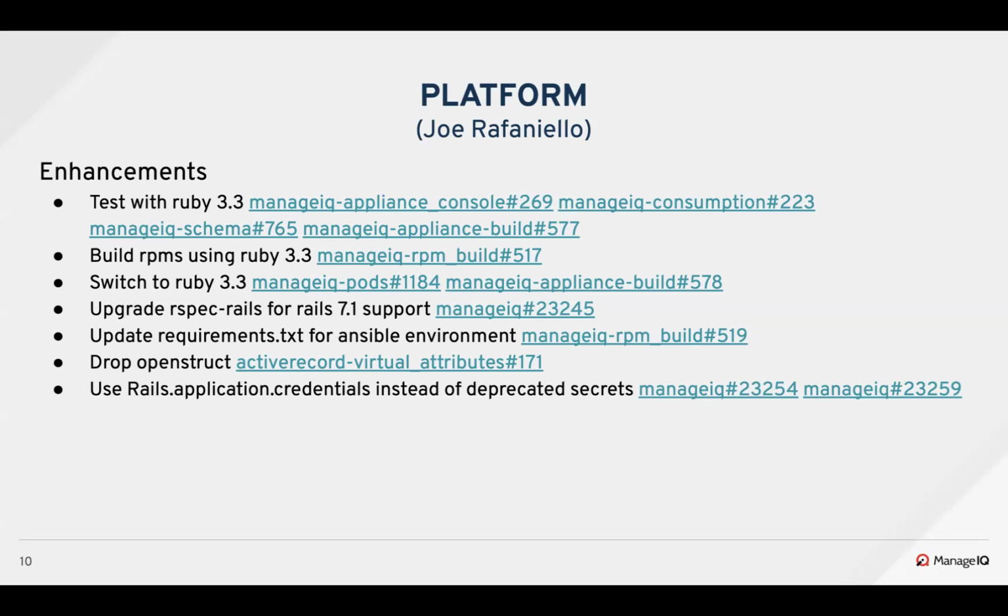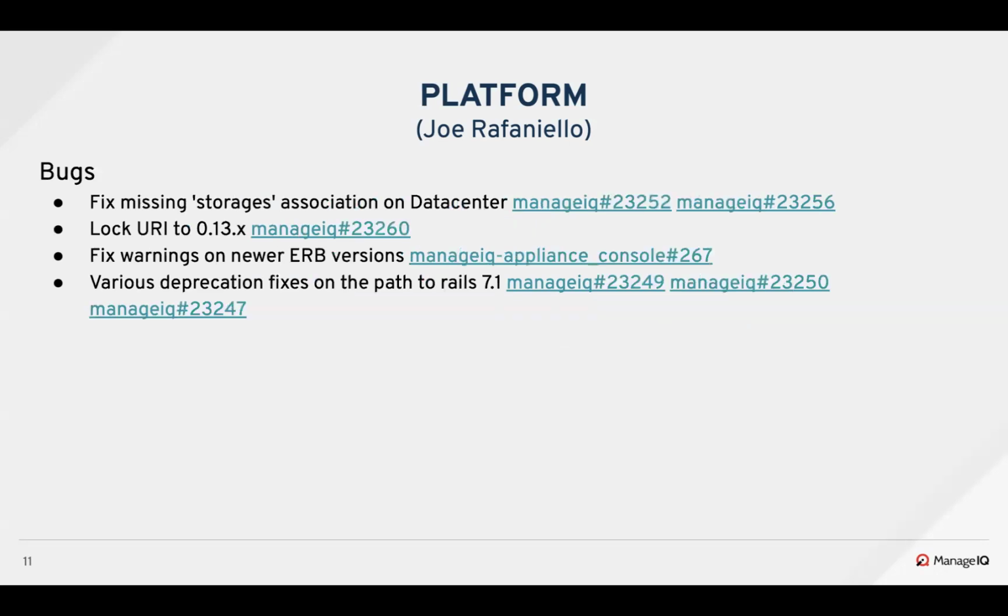And in core, I started converting Rails secrets to Rails credentials, as Rails 7.1 removes access to changing these secrets, as the credentials are the new way to do it. There's more work in this area to come in the future. Next slide. For platform bugs this sprint, Adam fixed a bug where provisioning could attempt to call a non-existent association